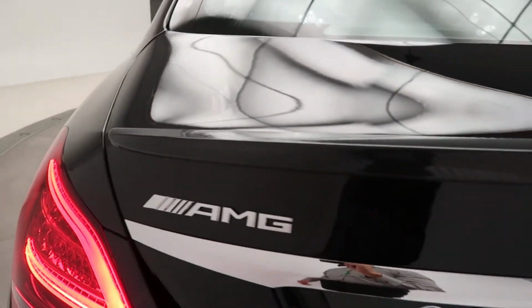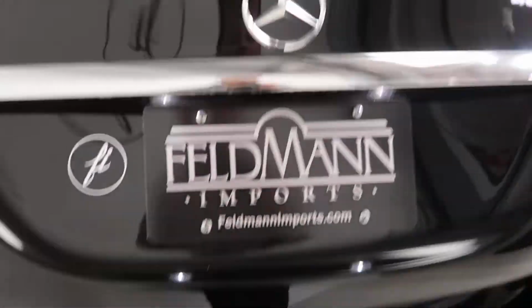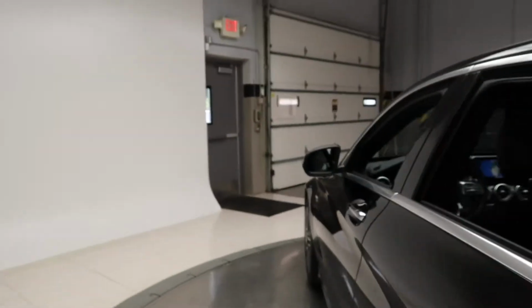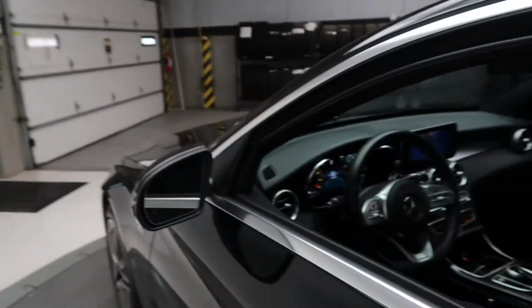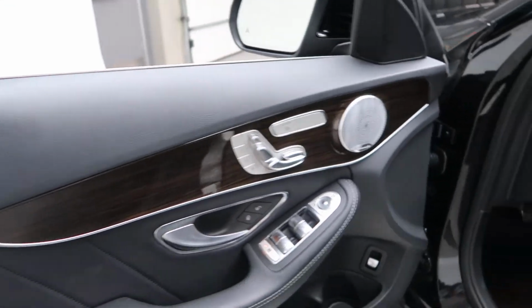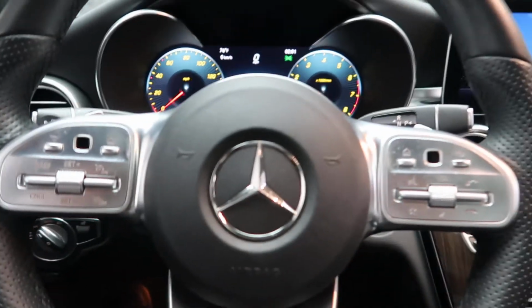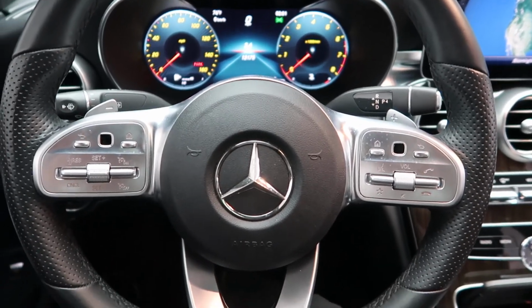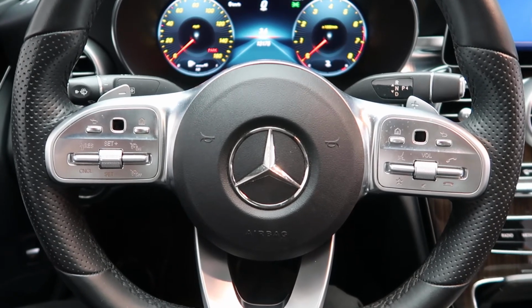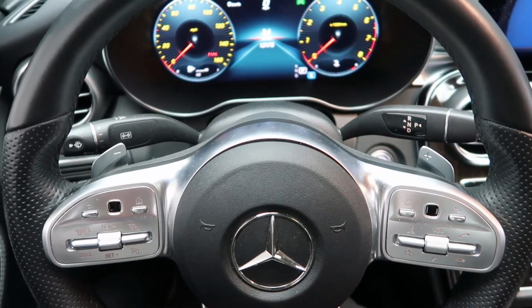carbon fiber mirror covers, carbon fiber rear spoiler, clean set of AMG floor mats, premium one package with blind spot assist, Burmeister sound system, heated seats, memory seats, AMG steering wheel, touchpad steering wheel controls, smartphone integration with Android Auto and Apple CarPlay, paddle shifters for extra performance,